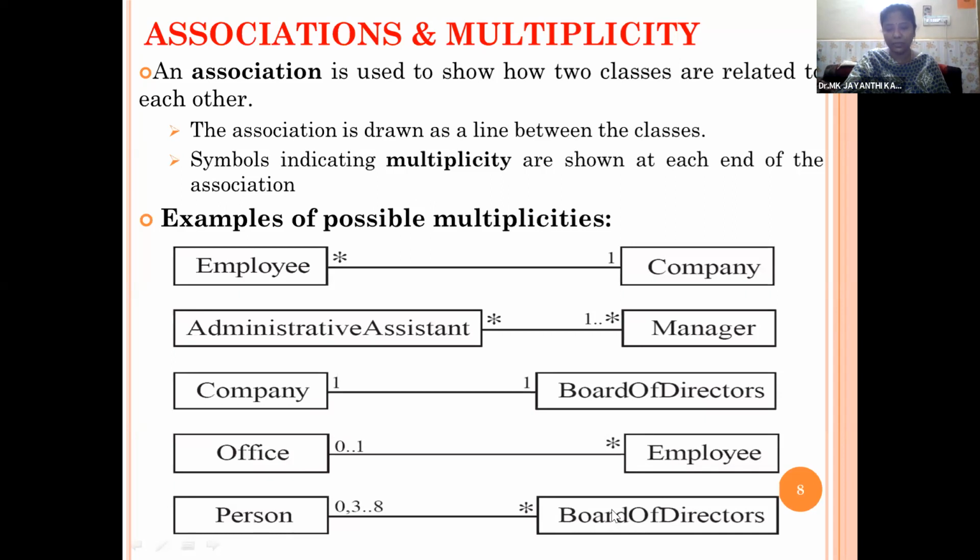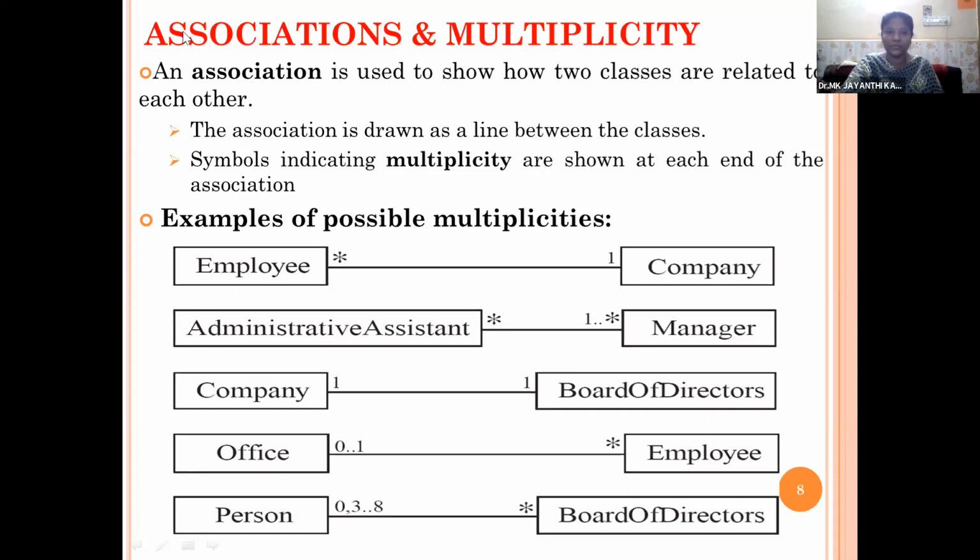We can have n number of board of directors for any company. Say a board of directors for finance and a board of directors for executives or production, like that. So we'll have a number of persons. A board of directors may be 3 members, or maximum 8 people can be in a board of directors committee. So here we are within the class.